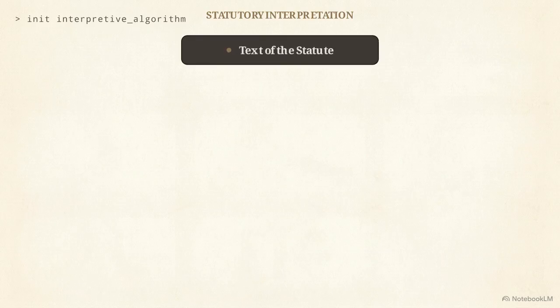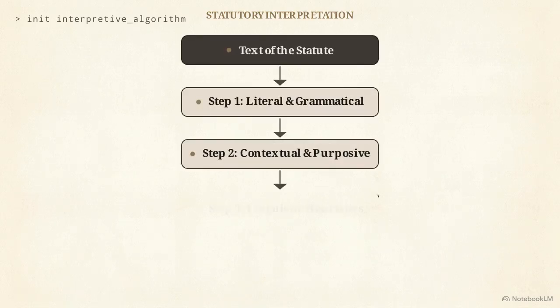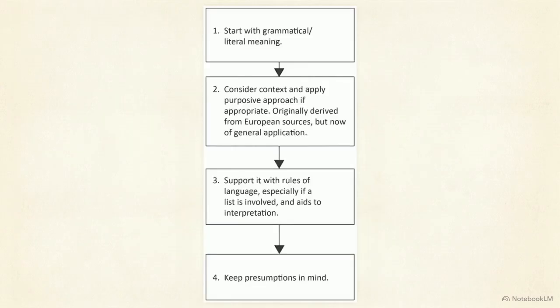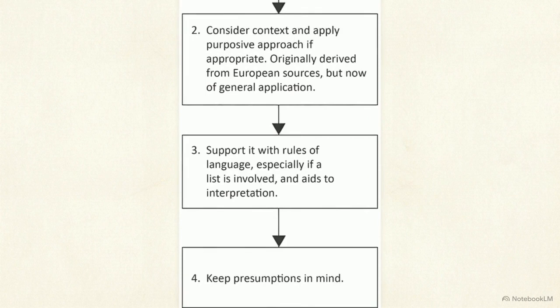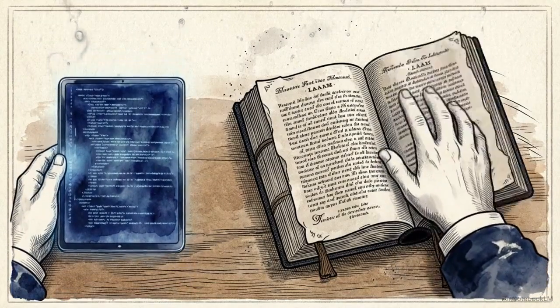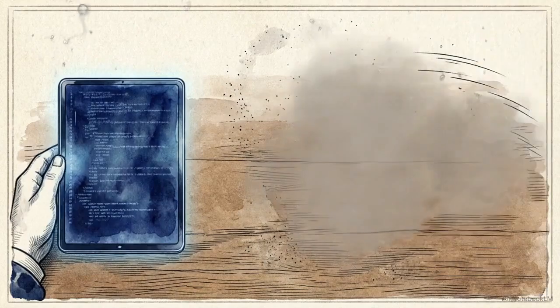To resolve these ambiguities without overstepping their role, UK courts rely on an objective, step-by-step cognitive algorithm rather than personal preference. This flowchart outlines the English legal system's four-step workflow used to derive binding meaning from ambiguous text. The process begins with strict grammatical construction, expands outward to evaluate context and heuristics, and finally measures against common law presumptions. Relying on this specific sequence demonstrates a practitioner's technical proficiency when answering a problem question. This approach signals to an examiner that you understand the transition in the English courts from strict formal literalism to